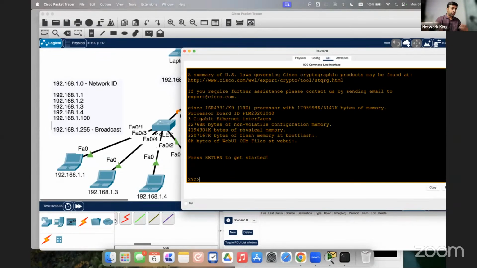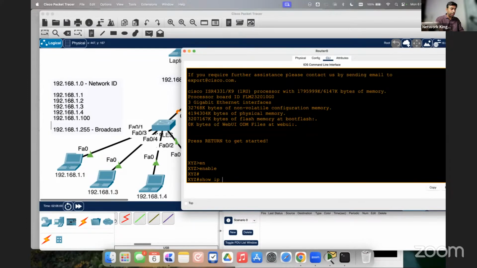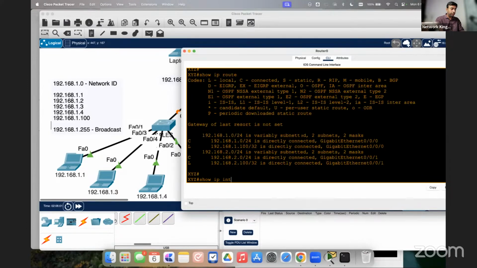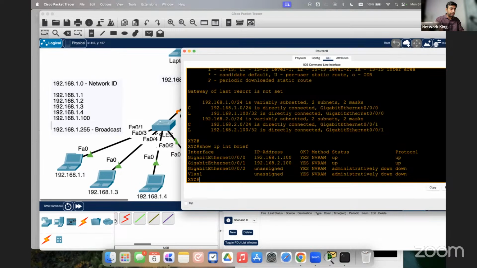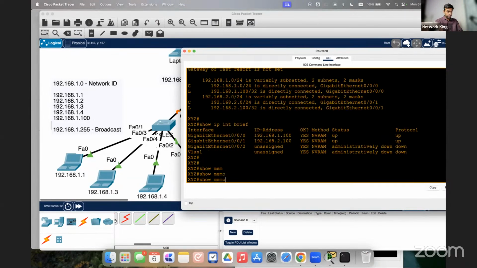Okay, so you can see XYZ is there. Enable. How to check IP address? Show ip route. Show ip interface brief. Can you see everything is there in my device? We have not lost anything. Yes, because all that configuration is in my NVRAM. इधर वो show नहीं चल रहा